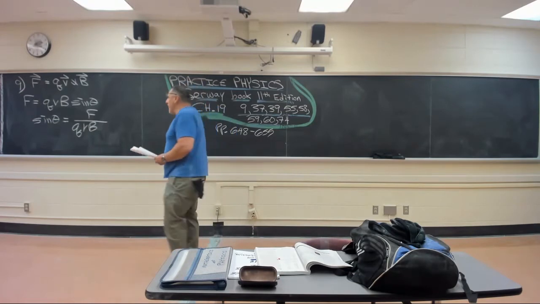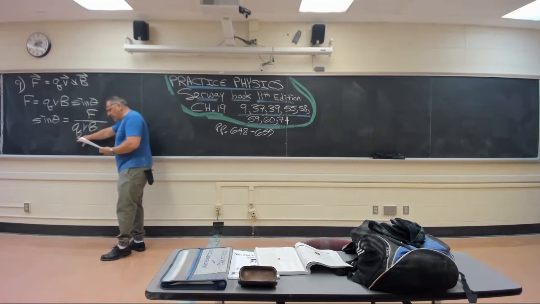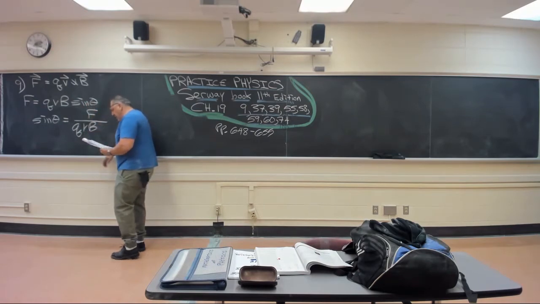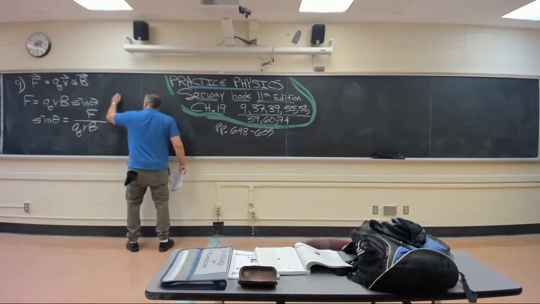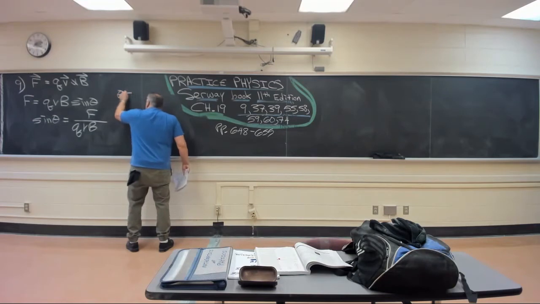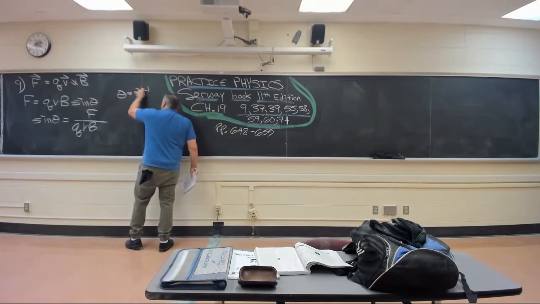Well, let's use the MKS system of units. F is 8.20 times 10 to the negative 13 newtons. Q is the charge on the proton, which is 1.6 times 10 to the negative 19. The speed is 4 times 10 to the 6 meters per second. And the B field is 1.7 Tesla. Plug all those in there and grind out the answer. Well, what's it going to be? It's going to be sine theta. Theta is going to equal the arc sine, or the inverse sine,